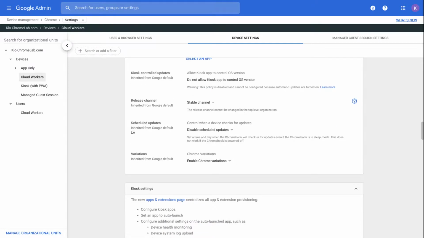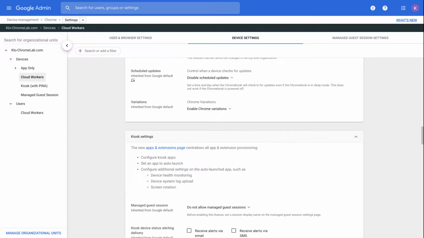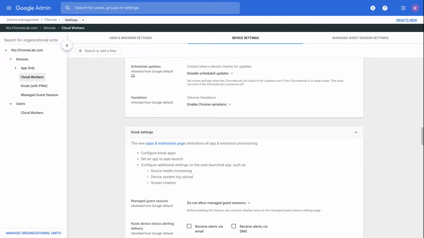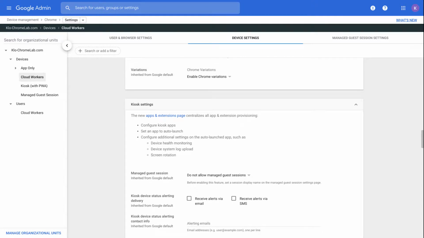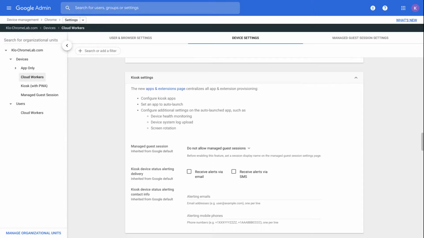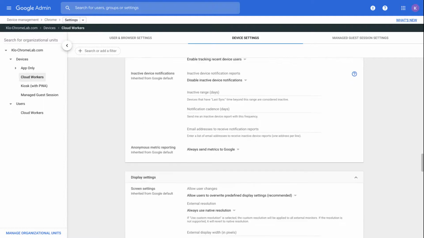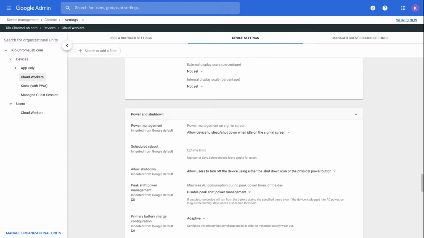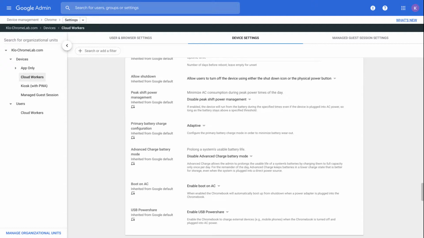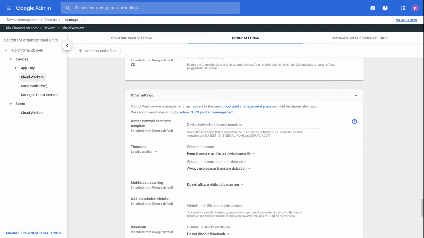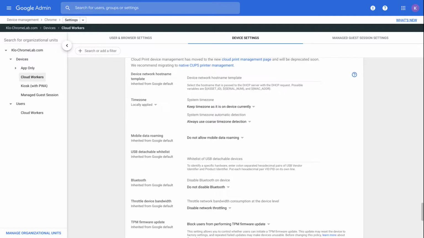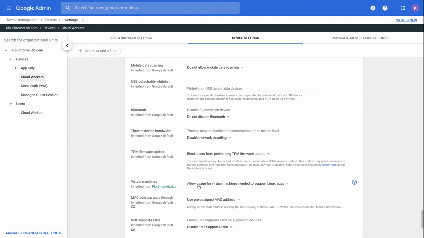You have some other interesting possibilities such as the kiosk mode, the user device reporting, all options regarding the power and shutdown compartment. On the other settings section, just after, this is from here that you can allow the Linux virtual machine usage or not, and so on.